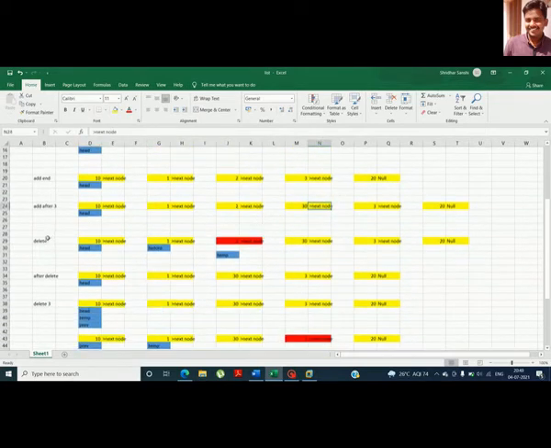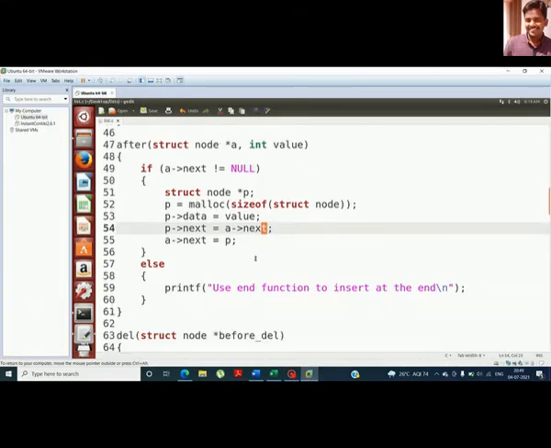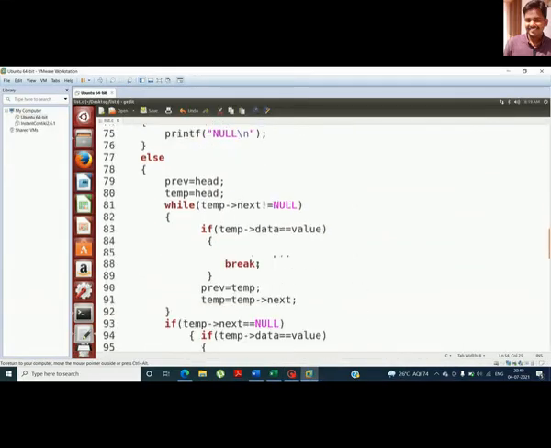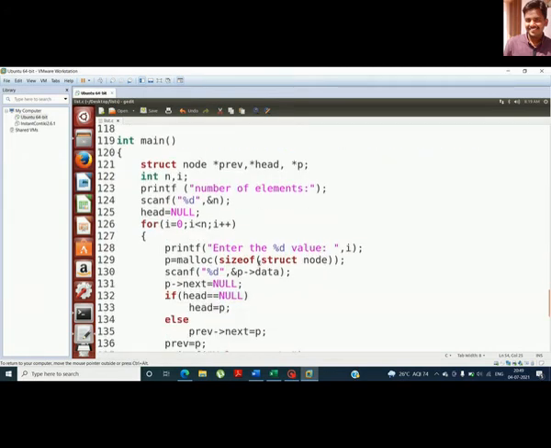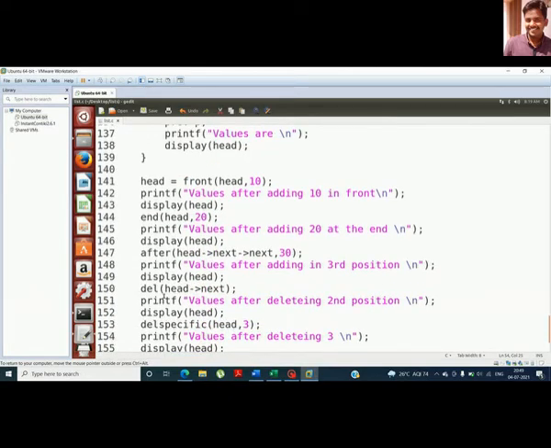Now, how to delete an element in a list. For this I can give a position, or I can give a particular value so that I delete only that value. First I will explain by giving position. You can see here what I'm doing: I'm giving the second position. I want to delete the element after the second element. Why second? Head means the first element, head of next means the second element.